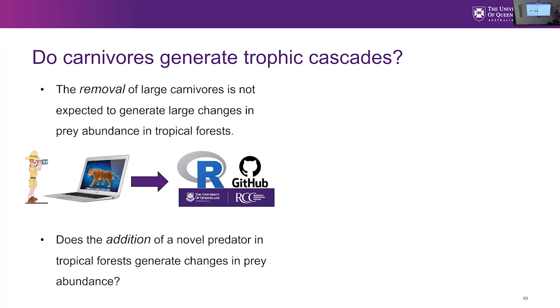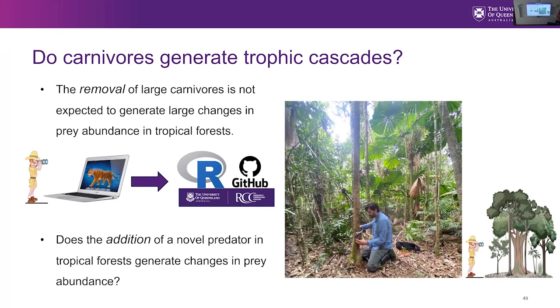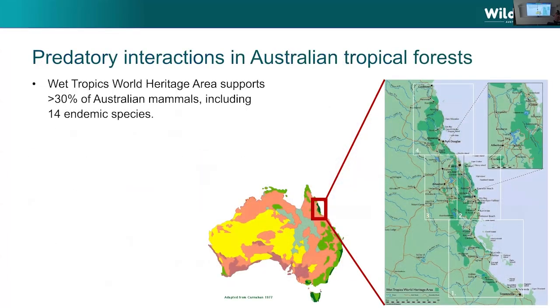Given the results suggesting strong bottom-up limitations, I didn't think it was going to be very likely, but I had an opportunity to get back to the field from what I was doing prior to my PhD, so I hopped on that opportunity as much as I could, getting my naturalist back out from the computer and back into the forest. So I went up to the Wet Tropics World Heritage Area in North Queensland, and this is a key